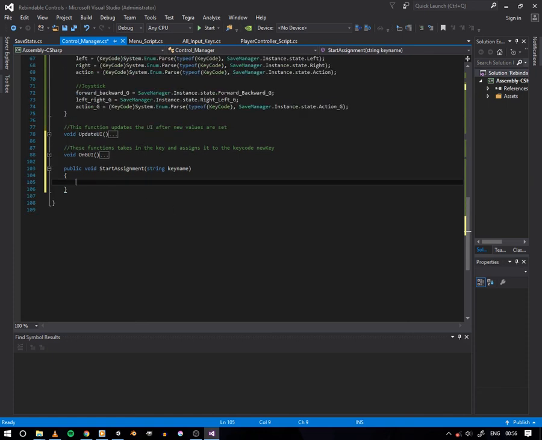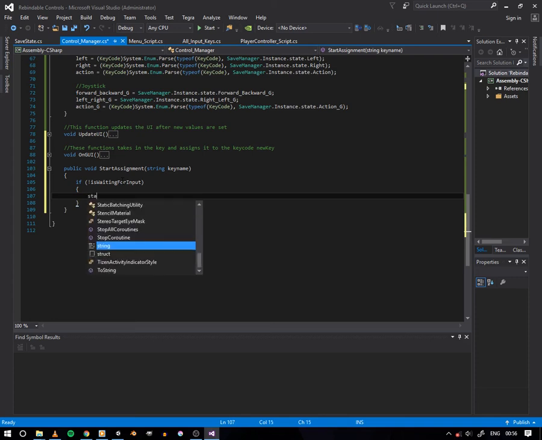So this is going to be called in by the button, and this is where it will run. It'll call in a coroutine which will run and call in all other stuff. So if not, is waiting for input. So if we are waiting for an input, then